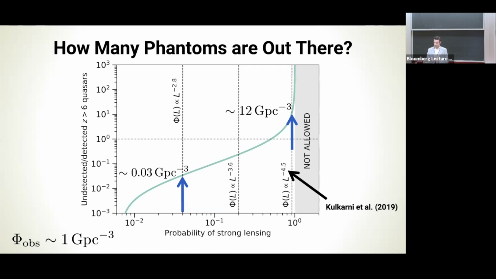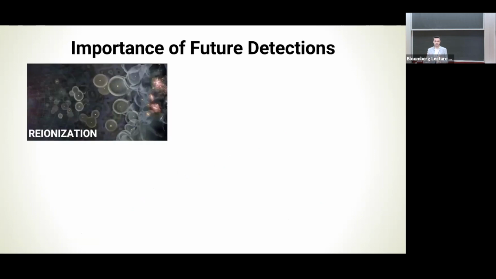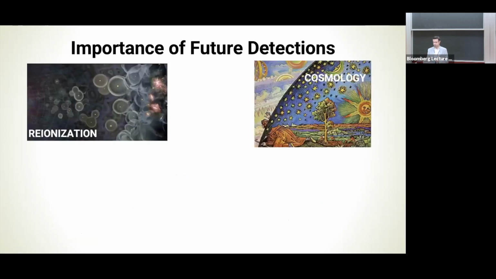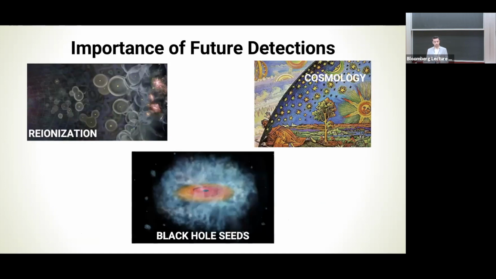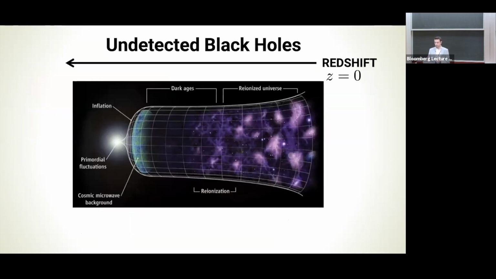Yes. So I was saying, nonetheless, studying high redshift quasars, lensed or not, is very important for understanding their contribution to reionization, their contribution of dark matter, if any, and in particular, for what I will be talking about in the next few slides, for understanding the population of high redshift black hole seeds. So the first population of black holes that were formed at redshift 20 or 30. So what we were proposing to do is to predict how future detections of,